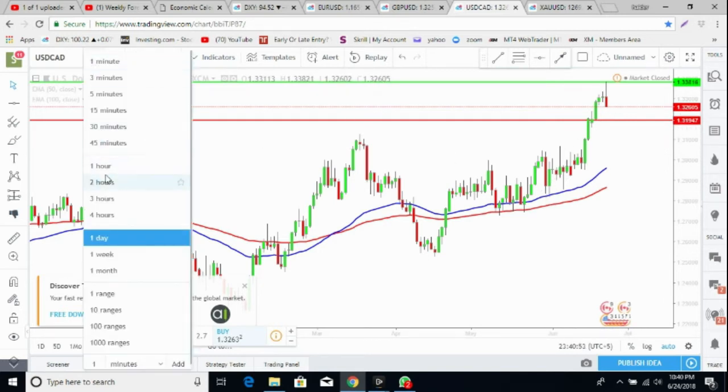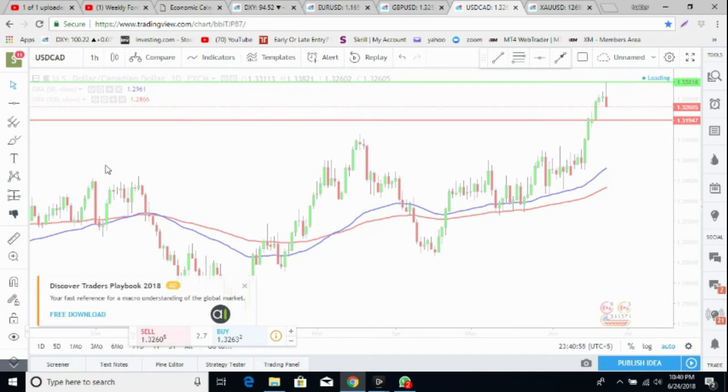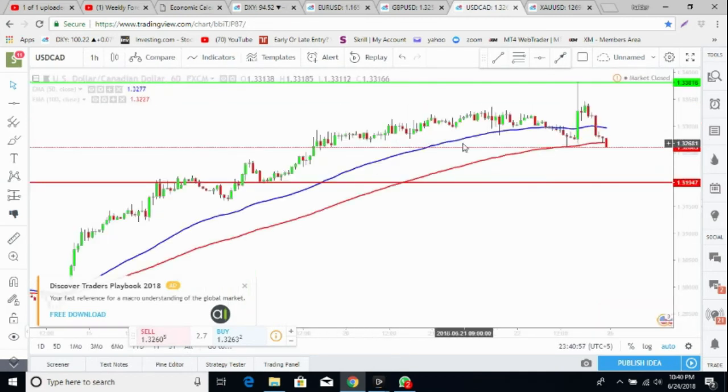Let's see how it looks on the hourly time frame at the moment. And here it is. You can see on the weekend it closed below the 100 moving average. At the moment, all the indicators show it's going down, and the target looks quite achievable, 1.3194, if it just keeps this momentum. And in the other case, if it goes up again, then it's heading to 1.3381 and above.